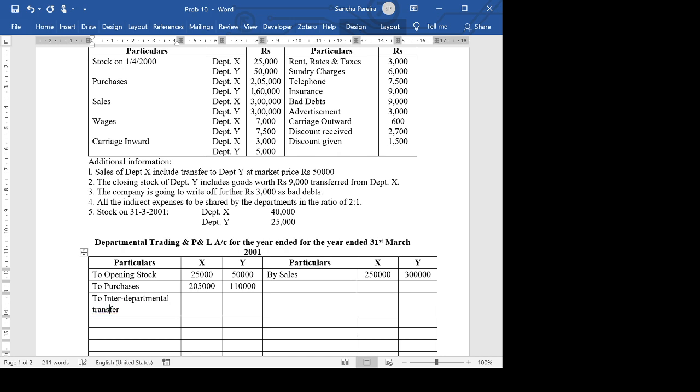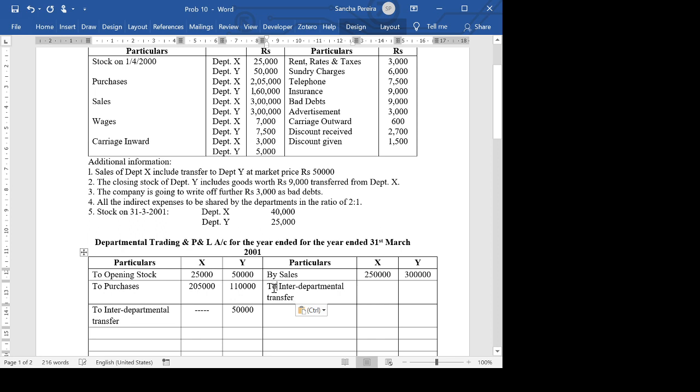Interdepartmental transfer. Okay, now X has transferred to Y. So that means Y is the receiving department. So for Y, it's like purchases, 50,000. And this side we say by interdepartmental transfer. For X, it is like sales. Okay, now if you see this total comes to 1,60,000, which we have been told, and this total comes to